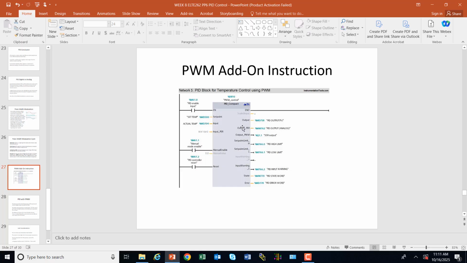And so when you put this block in here, similar to the Siemens over here on the right, you're going to see what your output parameters could be. Even though when you click the button here, you'll set these items inside of your add-on instruction. And so you might want to use some of these parameters out here to create a bandwidth, for example, or